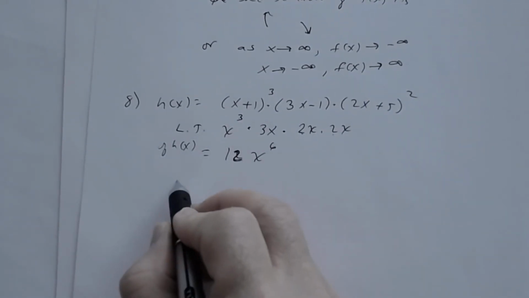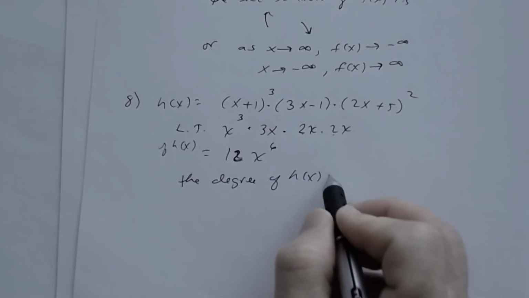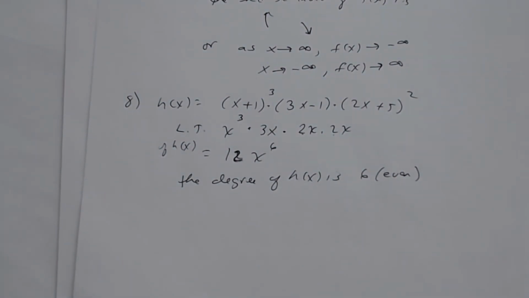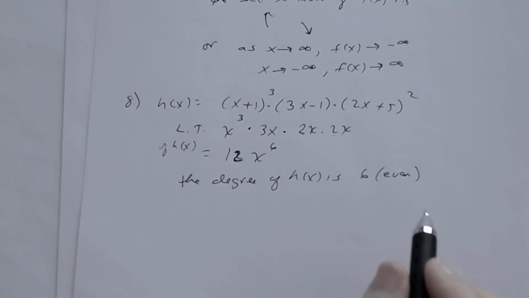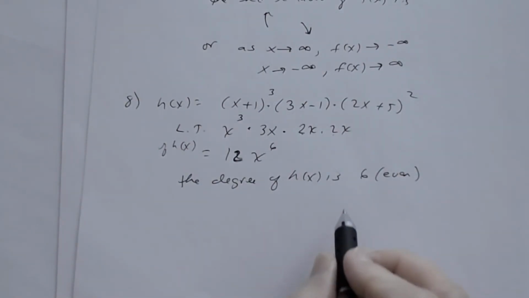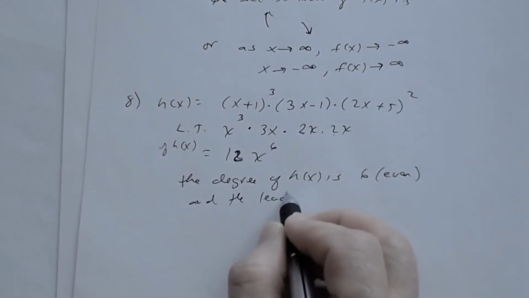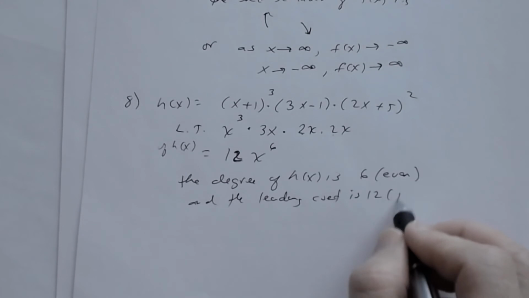Okay? All right, so the degree of h of x is 6, so that's even. So when we talk about degree, we talk about even or odd. Remember that? Even or odd. The leading coefficient is where you look at positive or negative. All right, and remember this is from the previous lesson, so it's important you go back and review this. All right, so since the degree of h of x is 6, that's even, and the leading coefficient is 12, which is positive,